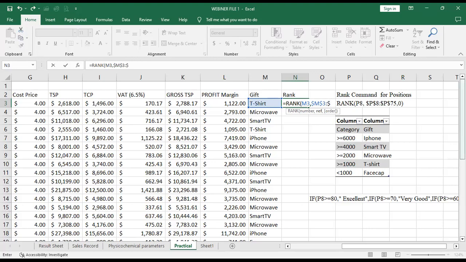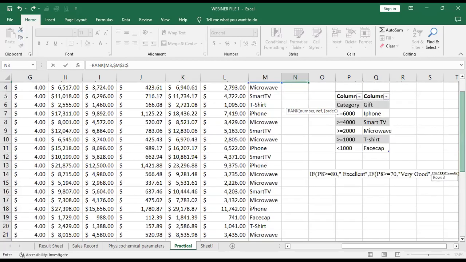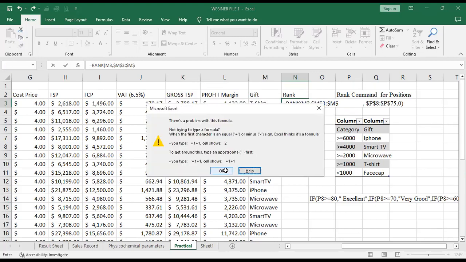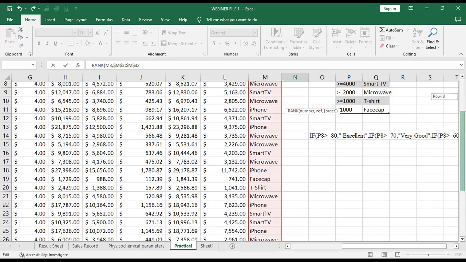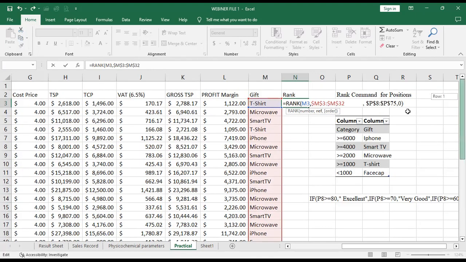We're going to rank it from M3 to, put the dollar sign again. Now we need to scroll down to know the very last column. So this is going to be M32. So we are ranking from M3 to M32. So that would be M. Then we'll put the dollar sign and put 32. Okay. Now, if you scroll, you're going to see that the entire column is highlighted. So it is going to rank